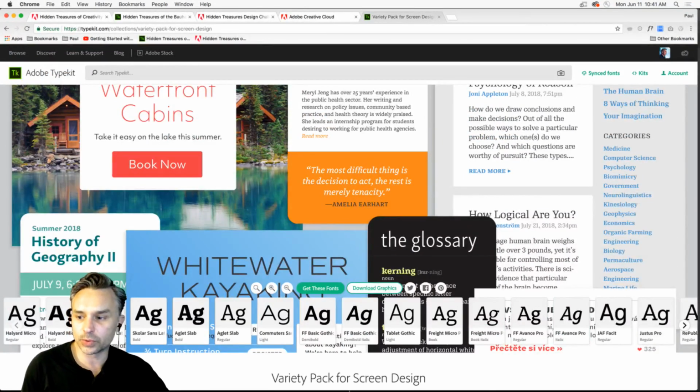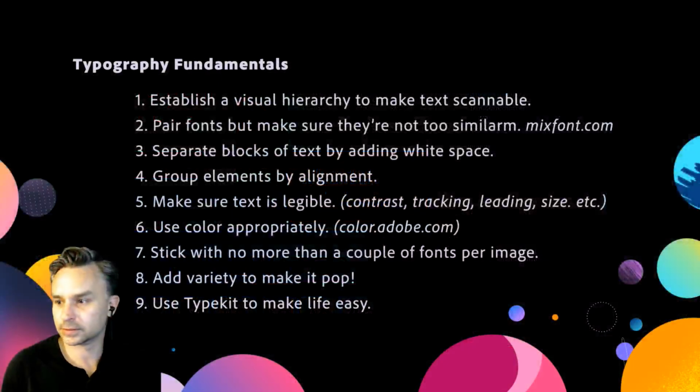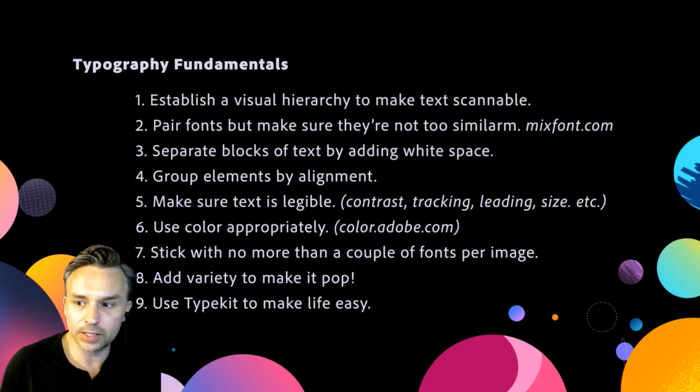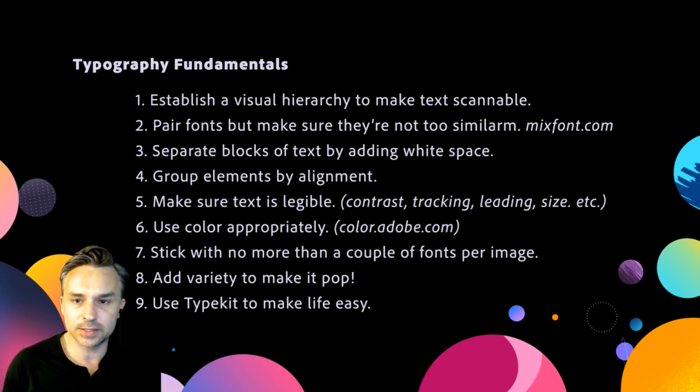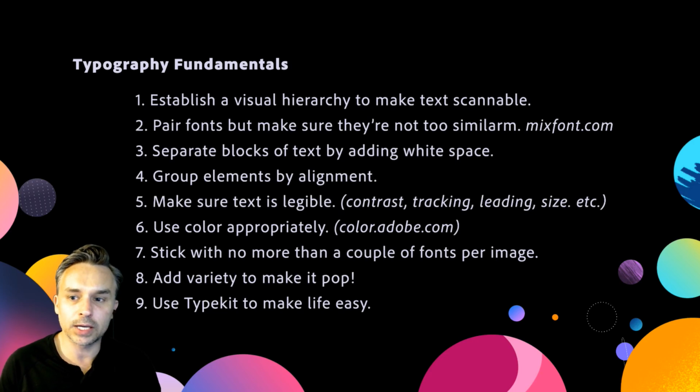Again, what we want to do is when we're pairing fonts, and let's kind of move down my list. We want to establish visual hierarchy, right? So primary read, secondary read. We want to pair fonts together, make sure they're different enough, but then I make sure that X height is typically like the same. You want to make sure you're using lots of white space, right? So you don't need to clutter up a design, but space is a thing, all right? So even if you're looking at a letter, there's that negative space. That is a shape of a circle, right? So keep in mind the white space.